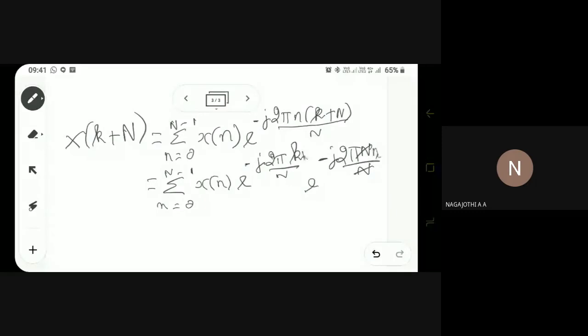Okay, small n. So this value will be taking the value as 1. That is e power minus j 2 pi, that is 2 pi is there. So here if you are applying your e power j formula, you will be getting this minus of minus 1, so it will be 1. Okay, so this value becomes